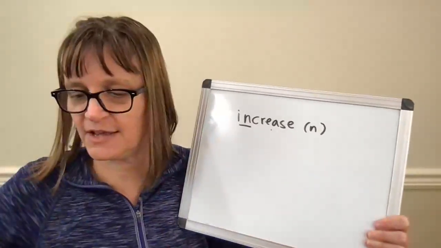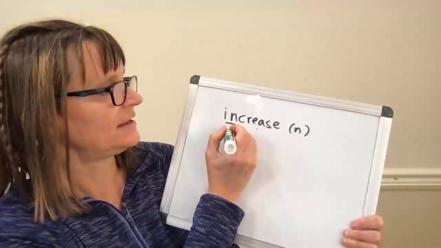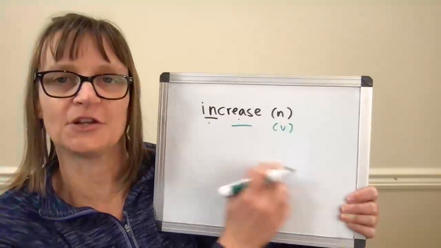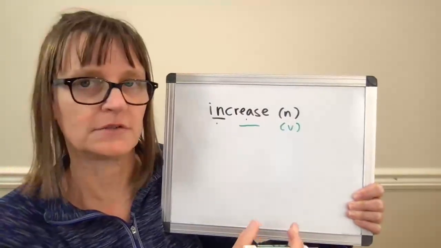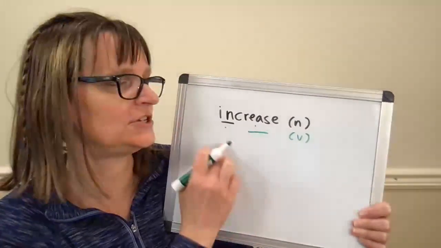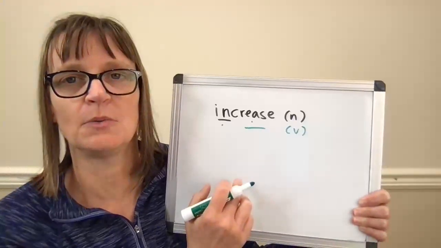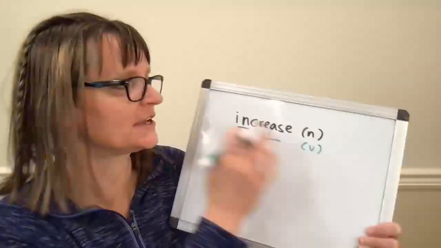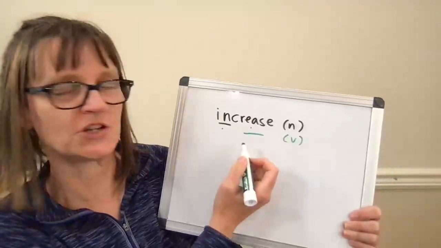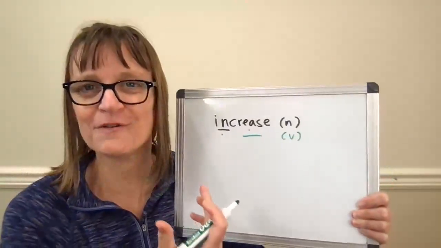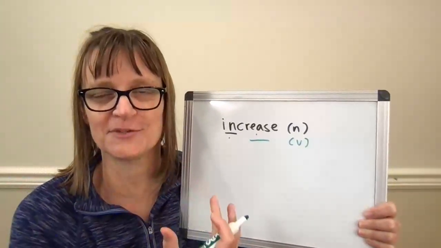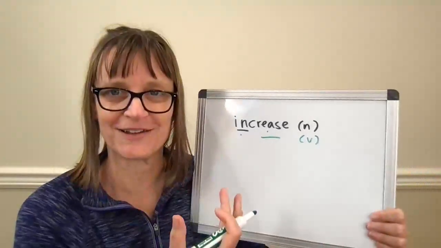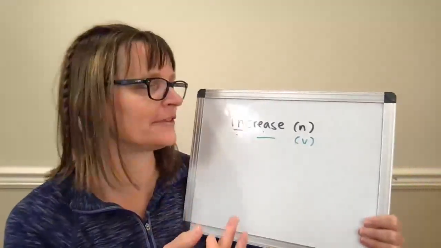If I say it as a verb, then the in is short and the crease is long. Increase. We need to increase how often we're checking in. We need to increase our sales. We want to increase the number of vaccinations. So the stress changes depending on noun and verb. I have a number of videos demonstrating this with other similar words. It's, again, good to practice them in some short phrases so you can get that rhythm.